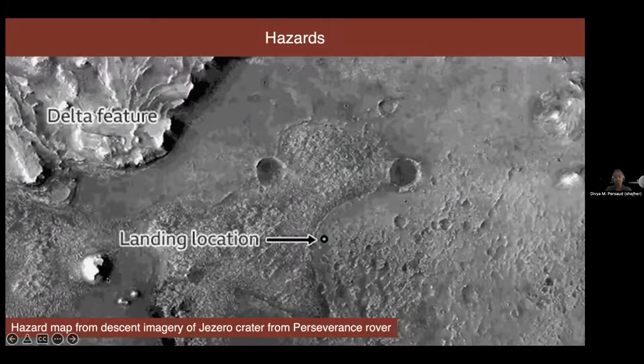So here are just some examples. This is Jezero Crater, where Perseverance rover landed last February. So you can see this is where the landing location was. I don't have an example of satellite imagery helping Perseverance, but it was kind of unique in that it took images on the way down and then made decisions as it was landing. So it was kind of speeding up that process in its onboard computer.